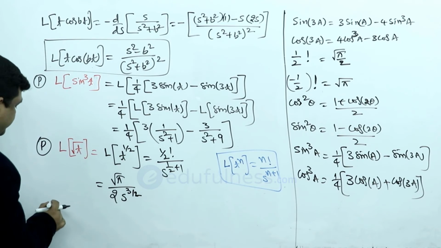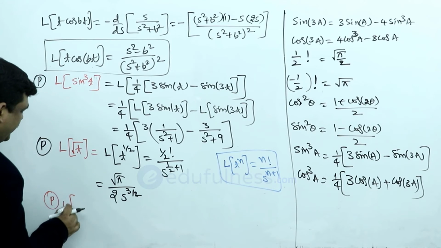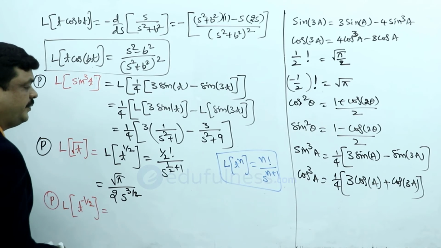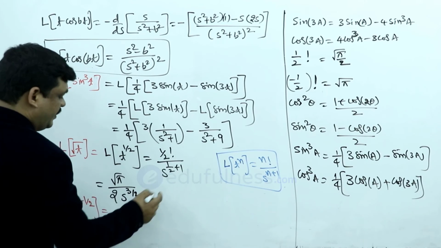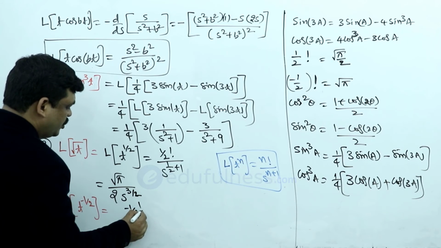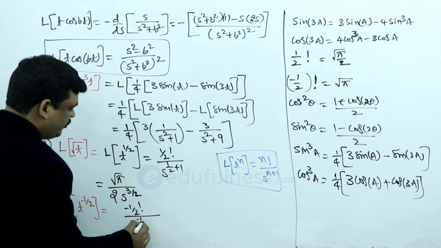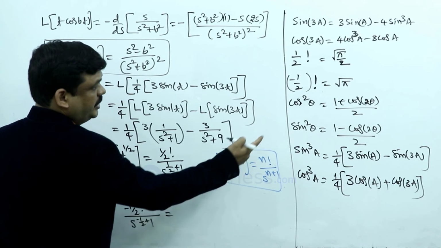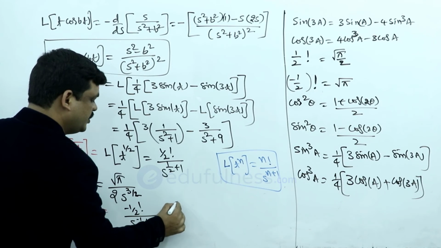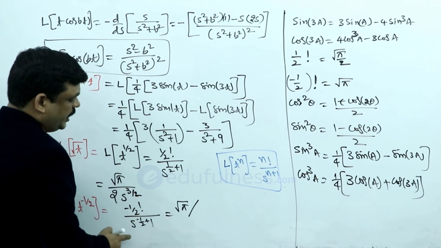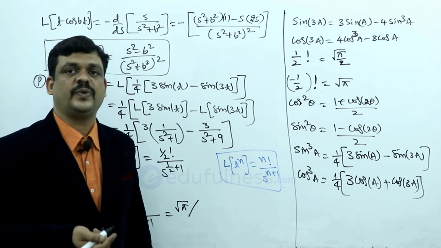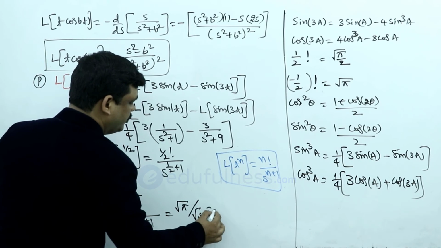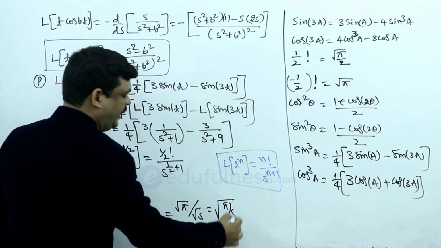And one more problem is also there, that is find the Laplace transform of t to the power of minus 1 by 2. So from this equation directly I am writing now minus 1 by 2 factorial by s to the power of minus 1 by 2 plus 1, right? So minus 1 by 2 factorial is how much here? Minus 1 by 2 factorial is root pi, substitute that value, root pi by s to the power of minus 1 by 2 plus 1. So that is 1 minus 1 by 2, that is 1 by 2, so root s. So we can write here like this, root pi by root s.